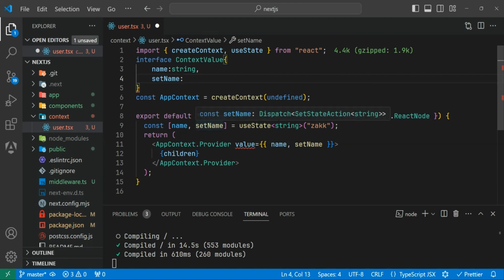I think it is this value, yeah. Set name this value, Control C, and